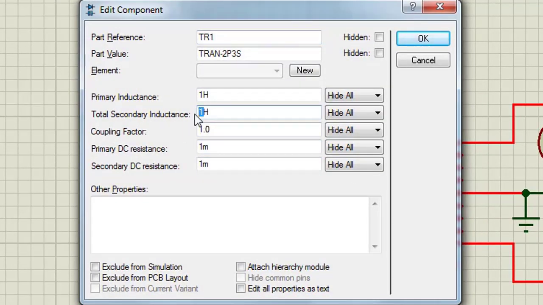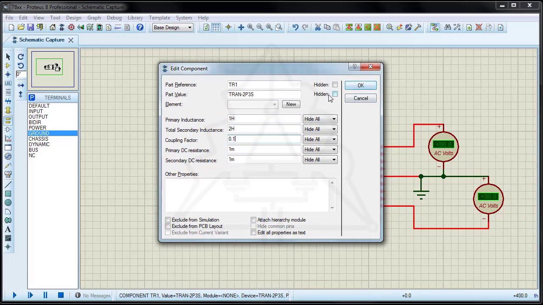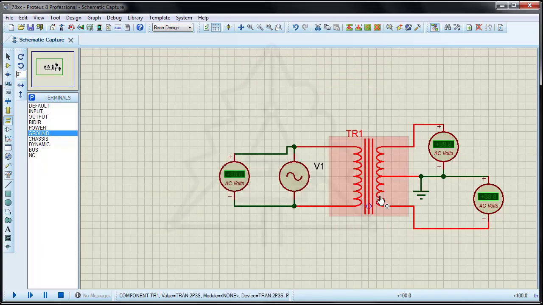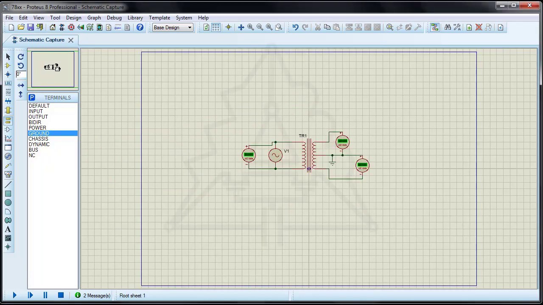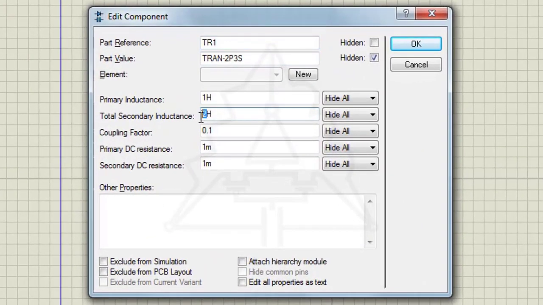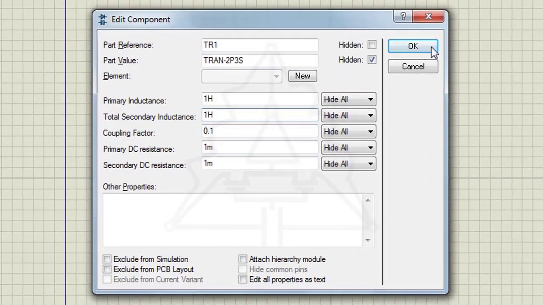At a ratio of 1/10, we will have 22 volts in the secondary of the transformer. It is suitable if we have 15 volts in the secondary. With this setting, we simulate 15 volts in the secondary of the transformer.